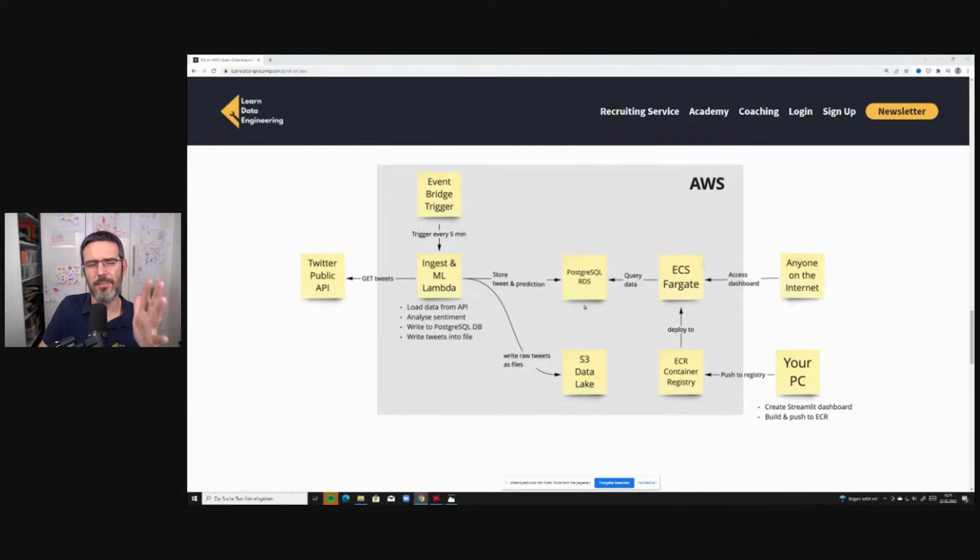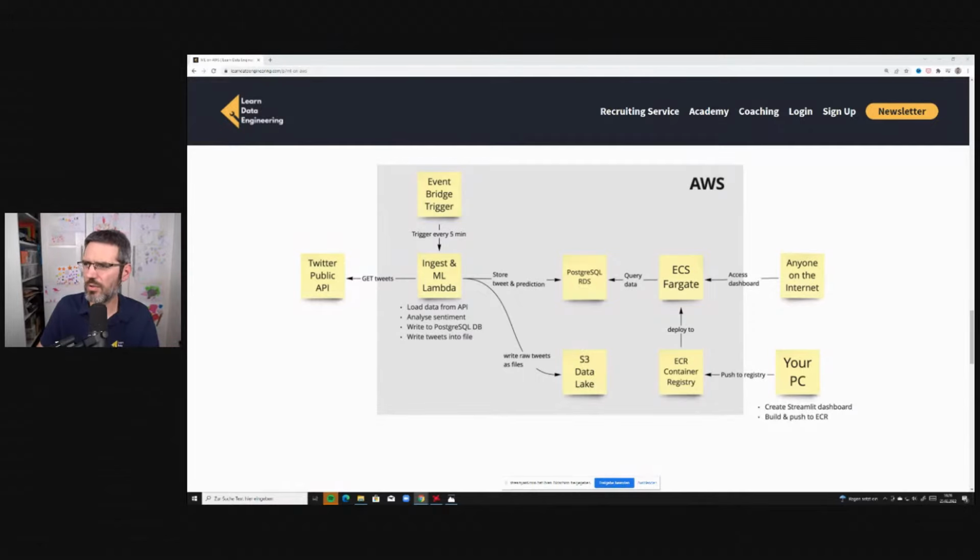Then you take this and host a Postgres database where you can feed the data in and host it as JSON, because it's coming as JSON from Twitter, and then you create a visualization for this. In the course, I was looking to host a container on Fargate, on ECS, where you create your dashboard and host it on ECS so anyone on the internet can access it. This is an end-to-end pipeline from the Twitter API on the left to a user interface on the right.